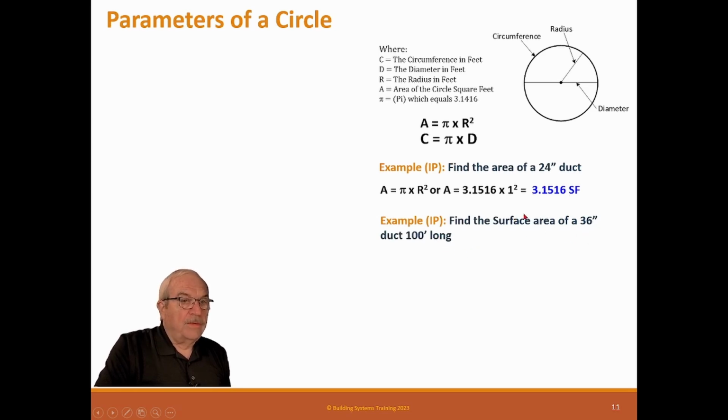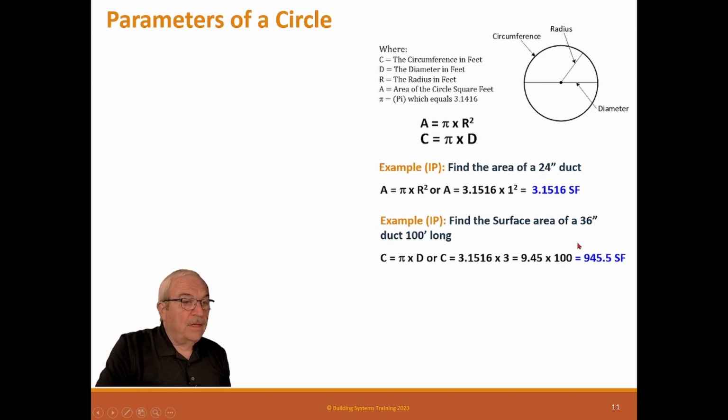Well, first of all, we find the circumference of a 36-inch duct, and then we multiply it times the length, 100 feet. So again, C equals 3.156 times 3 feet, the diameter, equals 9.45. So this circle, a 3-foot circle, has 9.45 feet circumference. Multiply that times 100, we get